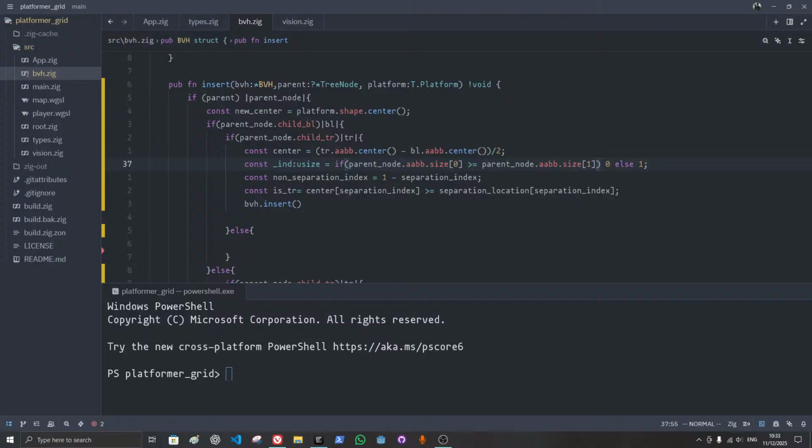Now, if the new center, this is just, if the separation index, it's not the center, it's just